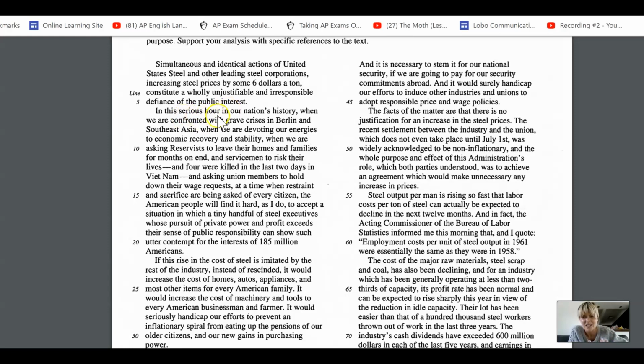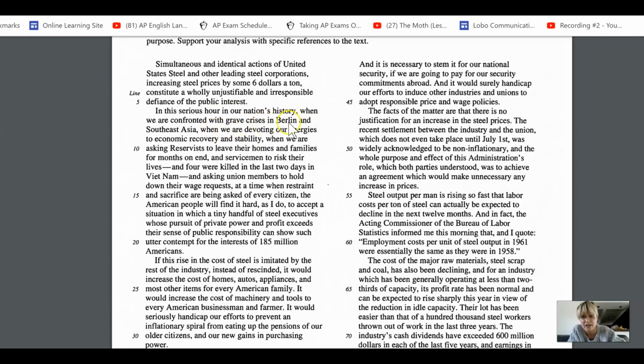So that choice is meaningful. And then he says, "when we are confronted." So notice how he's using that first person plural, "we," like I'm a part of the country, I'm a part of you, the everyday kind of person. He's using that "we" to build credibility and lend that relationship, as if we are all in this together. He's not just some president. It's like we're all together. He's aligning himself with the people.